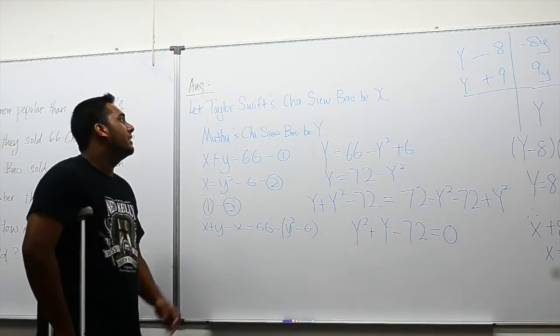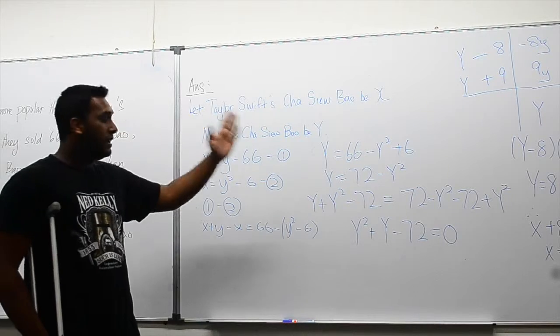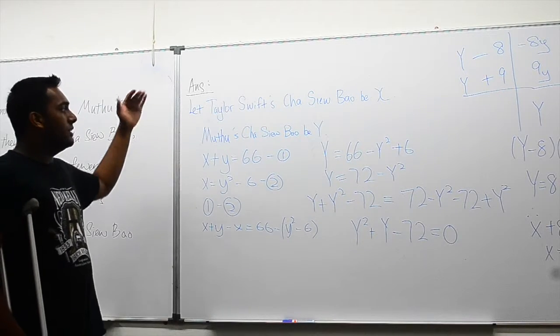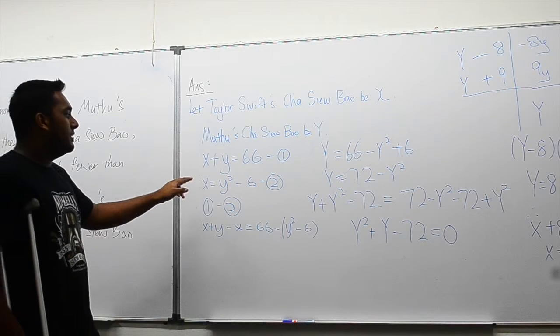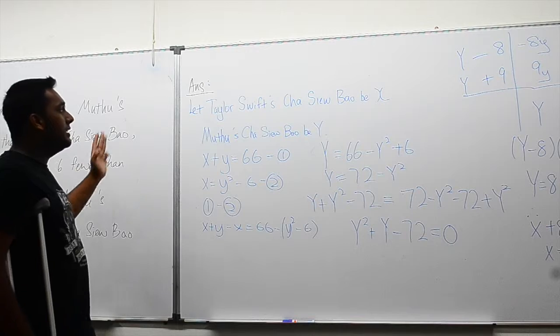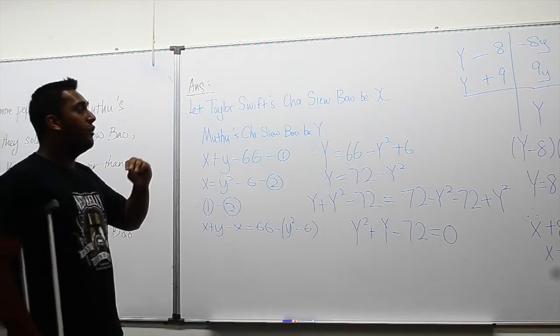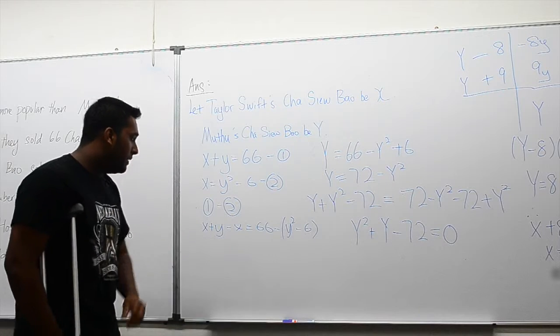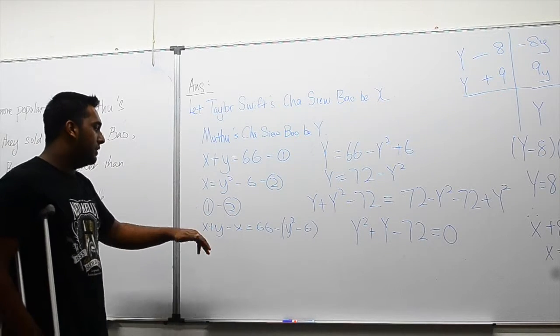So here's the solution. Let Taylor Swift's Char Siew Pao be x and Muthu's Char Siew Pao be y. So the sum of the Char Siew Pao sold was 66. The next equation is x equals y squared minus 6, because from the question, Taylor Swift sold 6 fewer than the square of the number of Char Siew Pao sold by Muthu. So what we do with these two equations is we minus the equation, we do elimination,